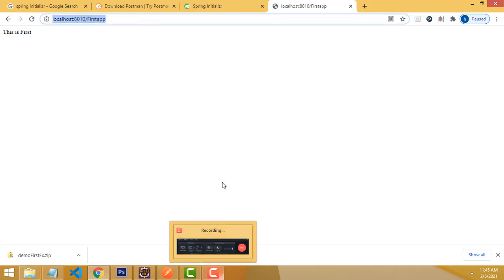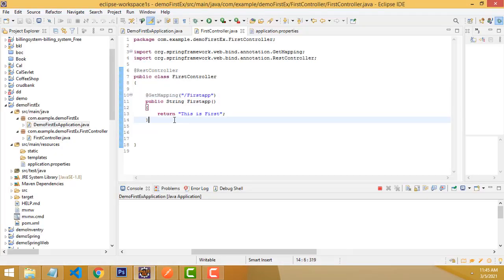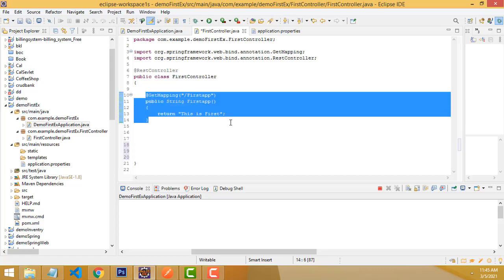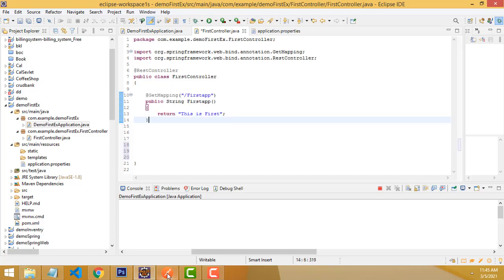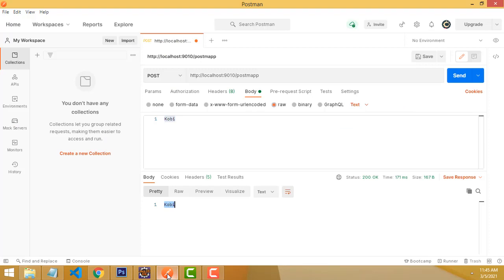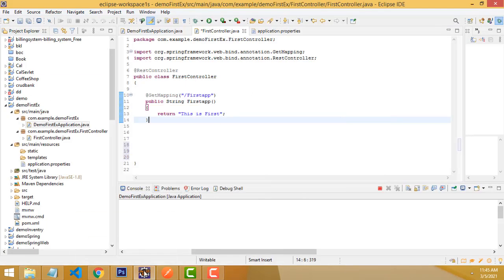Now what I am going to do is, let's go here, right. I have explained how GetMapping works, right? So this output, let me look at it in Postman instead of the browser, it is very simple. So you just copy this one. This is a GetMapping. So go here, it's a GET.